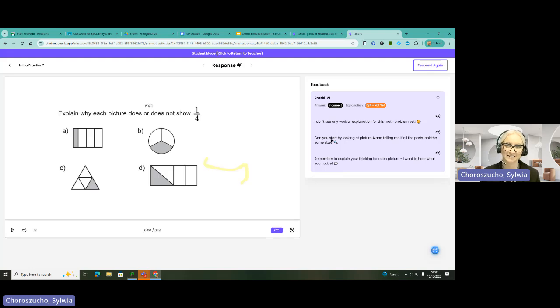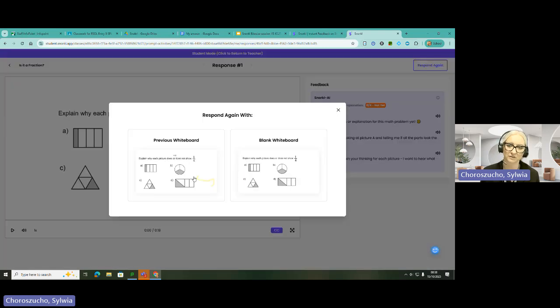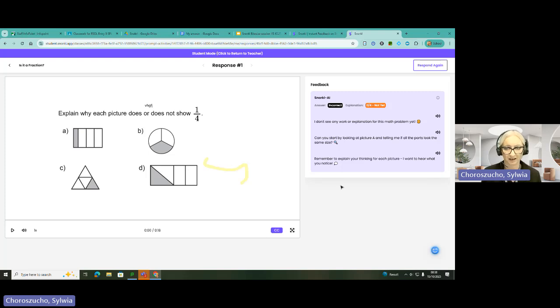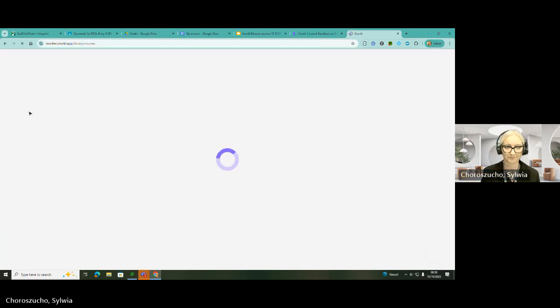Yeah, but then say you have received quite good feedback, which will focus on things that you need to improve on, and then you read it as a student, and then you can respond again, and it'll give you 2 options: previous whiteboard or blank whiteboard. And then in that way, you can act on the feedback that has been given to you and submit another response. So what I'm going to do, I'm going to here click on Return to Teacher